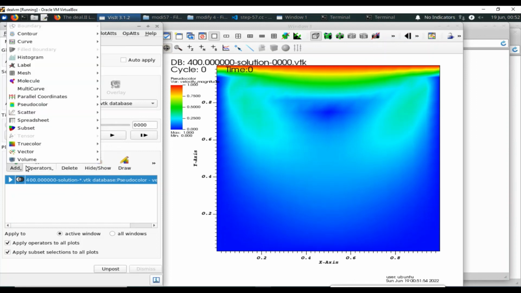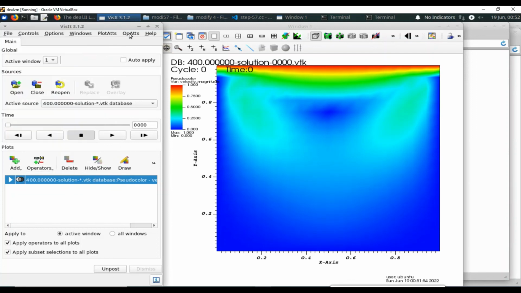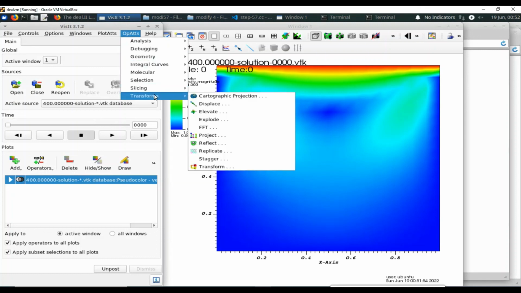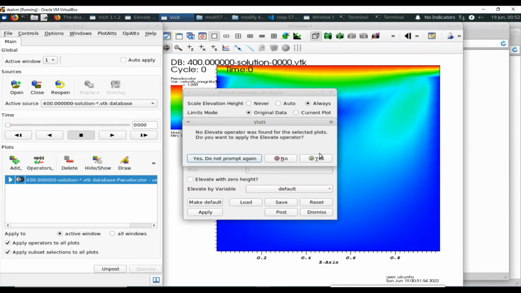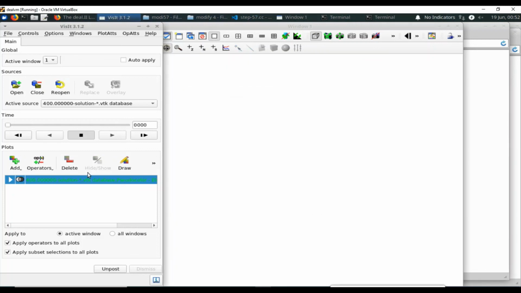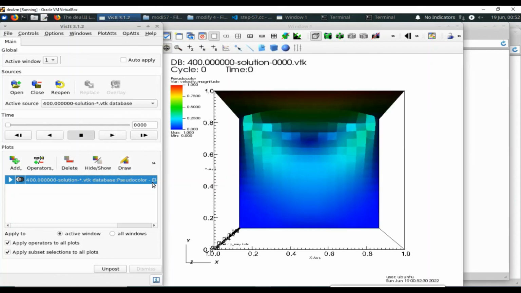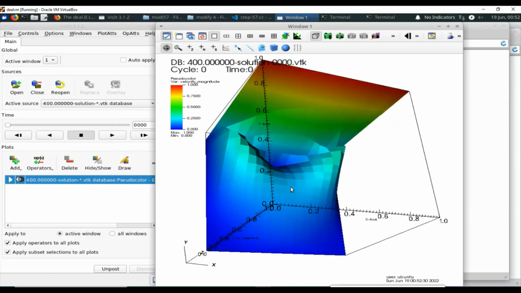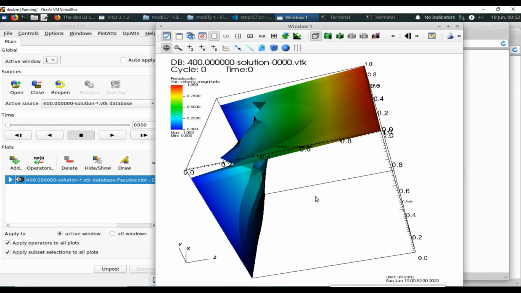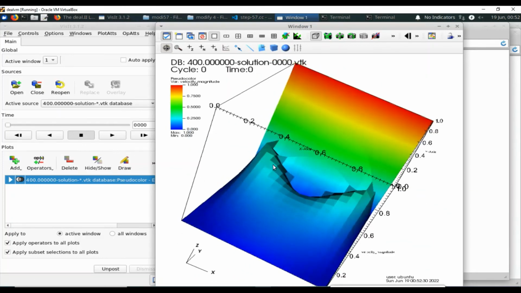So how about elevating this one? If I elevate this one, this is totally different from the others, because the Reynolds number has been changed, and